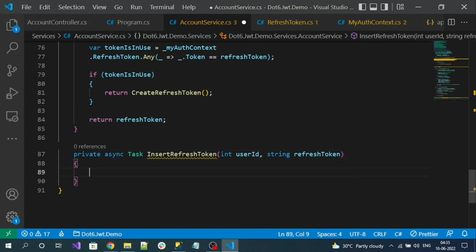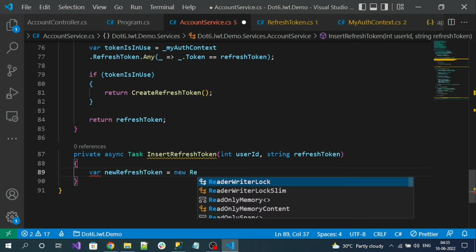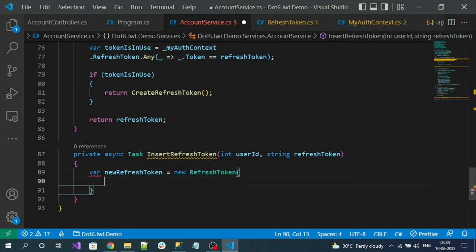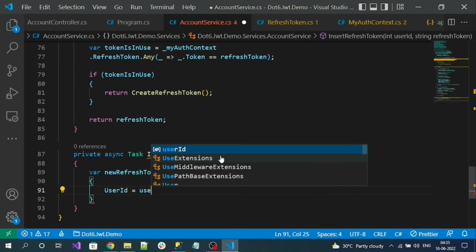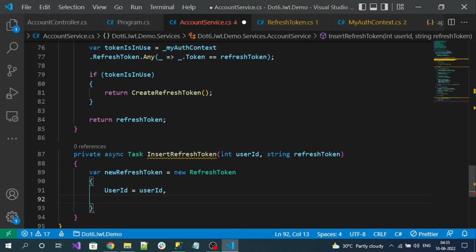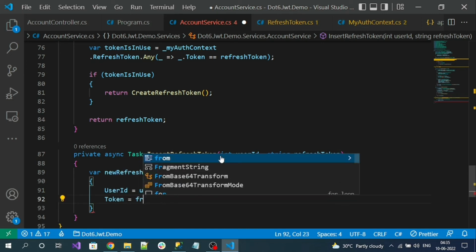Now let's create the object for a new refresh token. New refresh token equal to new RefreshToken object, and here user ID equal to user ID and token equal to refresh token,